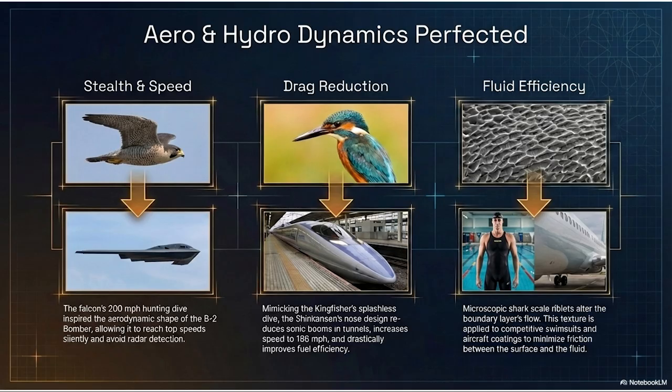But the second aerodynamic example in the notes was the one that really stumped me at first. The Shinkansen, the Japanese bullet train. One of the modern marvels of public transit. The notes pair the bullet train with a tiny, brightly colored bird called the kingfisher. Now, I understand a bird inspiring a plane, they both fly in the air, but a bird inspiring a train, a heavy metal tube driving on the ground, how does that connect?